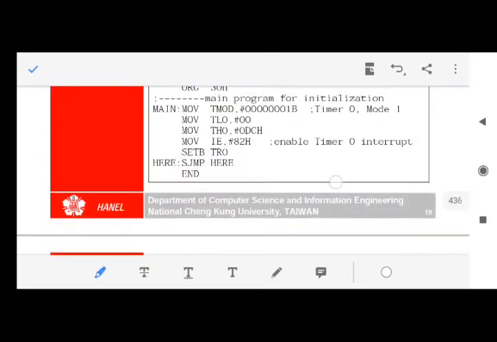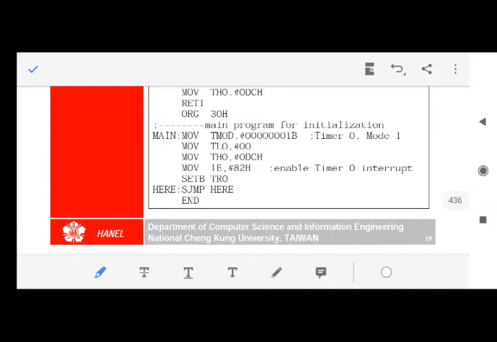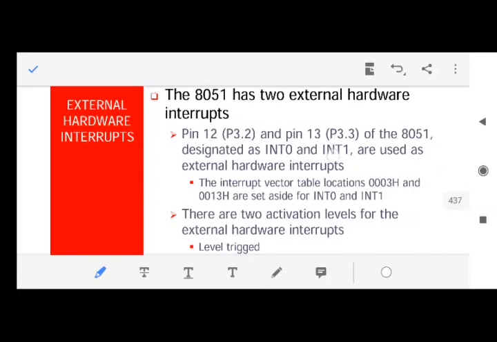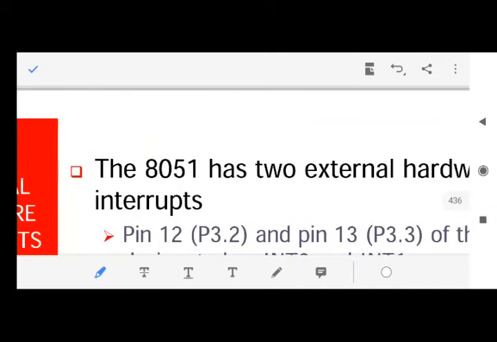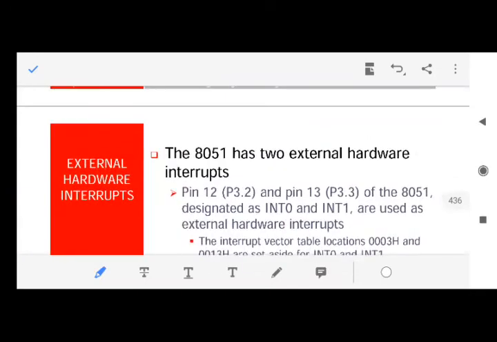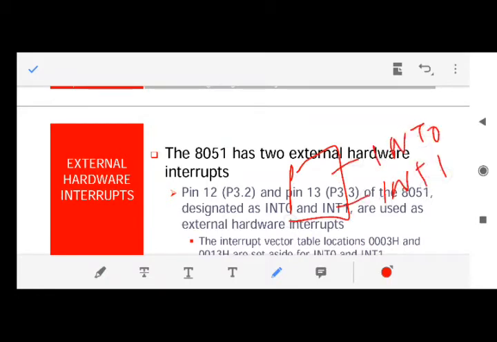Now we have studied how to use the interrupt of timer. Now we will study how to use the interrupts which are external to 8051. There are two interrupts which are external to 8051. Those are namely INT0 and INT1. These are what? These are pins. Which pin? Pin of port 3. Which pins of port 3? Pin number 2 and pin number 3.